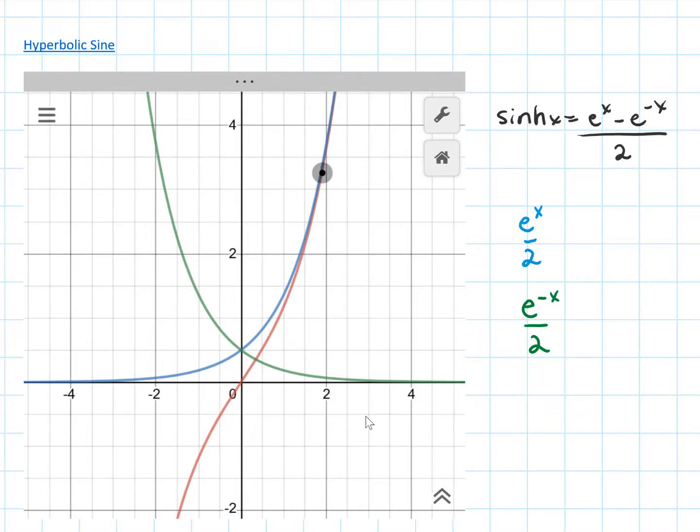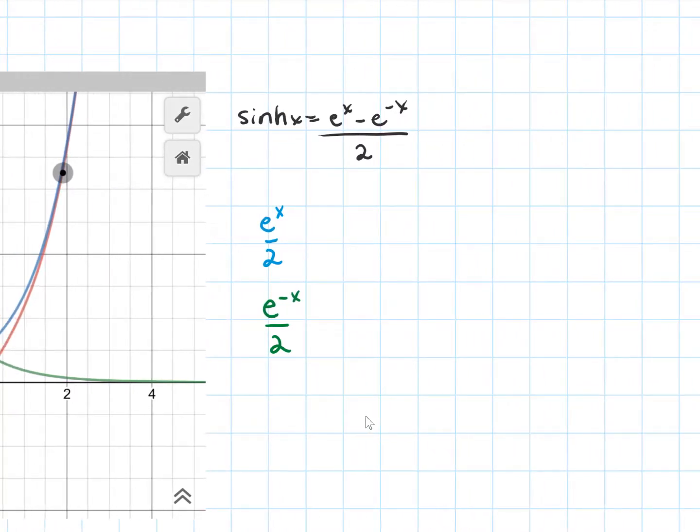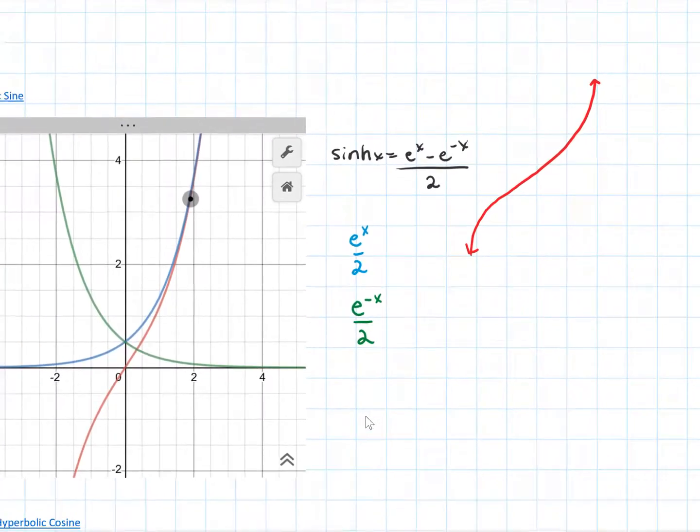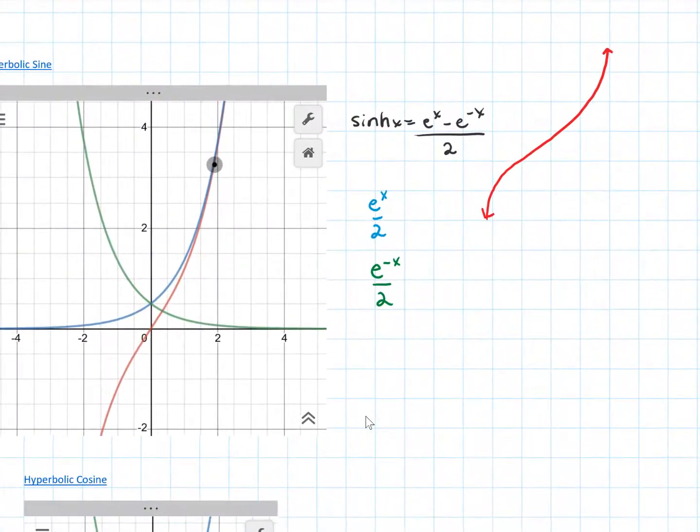The hyperbolic sine curve has this shape that looks kind of like this, where these two ends are behaving like exponential growth curves, a positive exponential growth curve and a reflection of an exponential curve on the left side. And so we're getting that general shape as we look at that hyperbolic sine curve. So it turns out that the hyperbolic sine